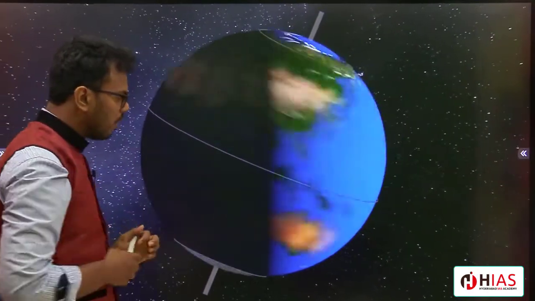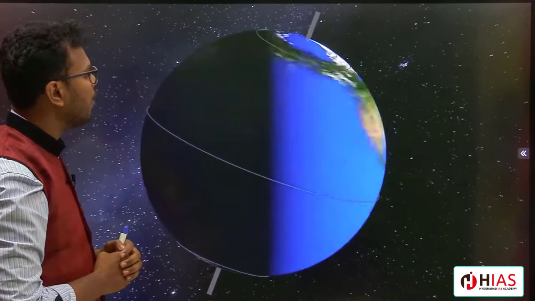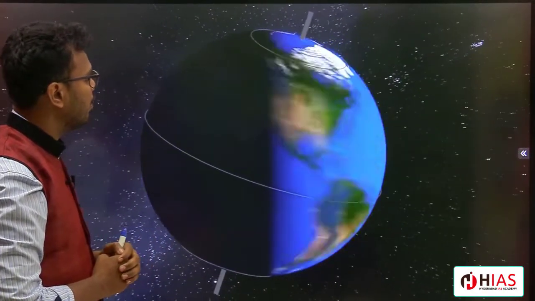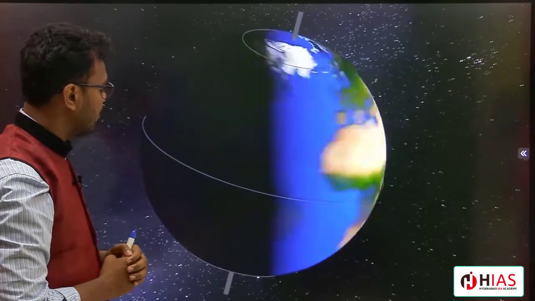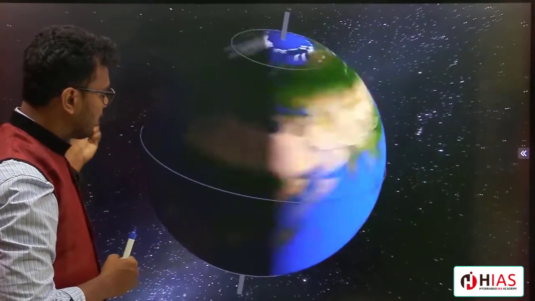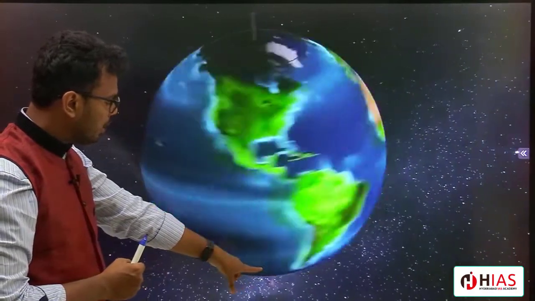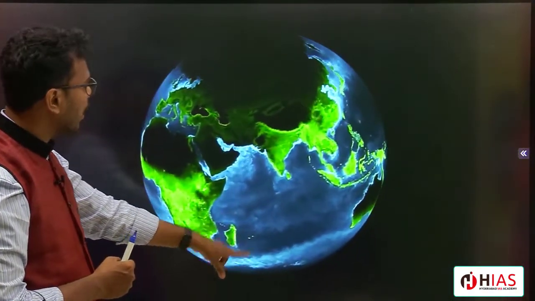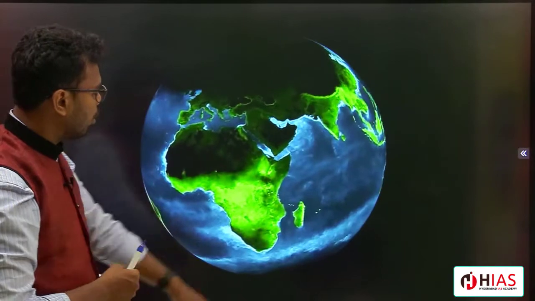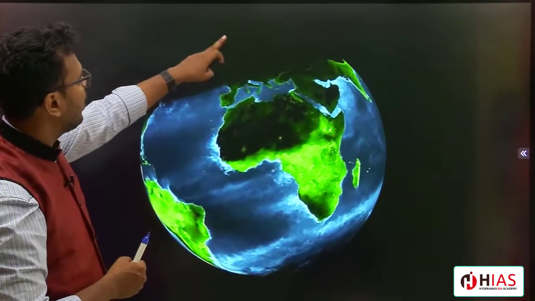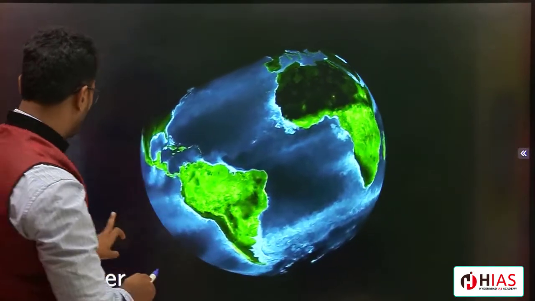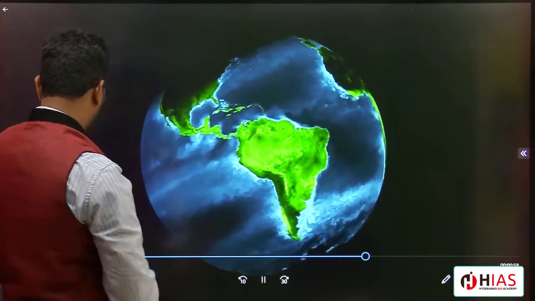Again it will come, again you can see one more equinox. Previously South Pole is completely under the darkness. Now see, South Pole is slowly, gradually getting sunlight. It is completely under the influence of the sunlight. So here you can see sunlight and there also you can see the sunlight. So this is what is happening. This is the example of January.